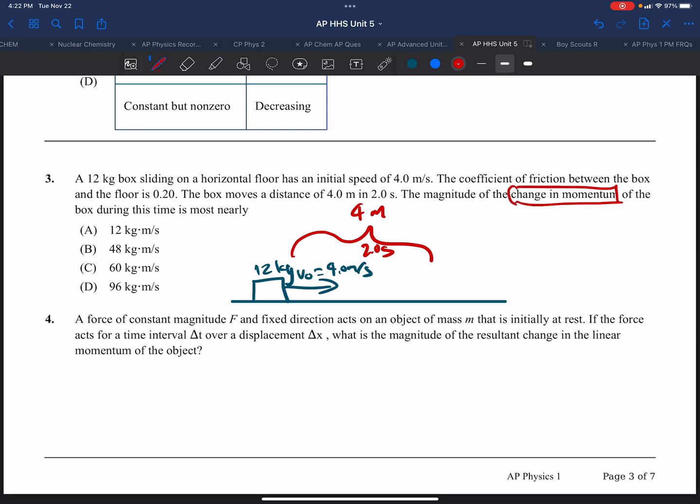Now, we could do this using forces, and it might be helpful, but it's not absolutely necessary. So the box moves 4 meters in 2 seconds. So that means that the average velocity is 4 meters in 2 seconds, so it has an average velocity of 2.0 meters per second. And if the acceleration is constant,